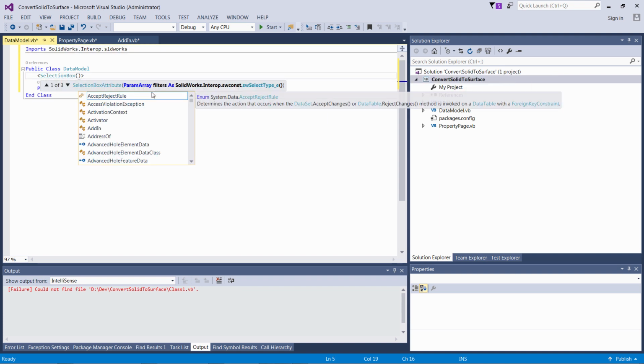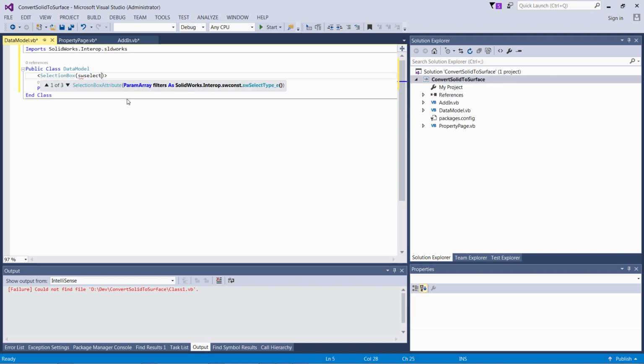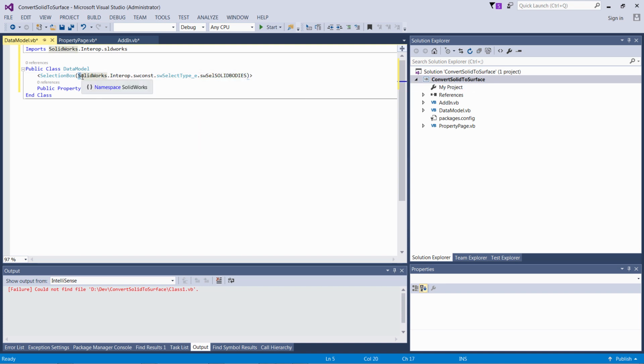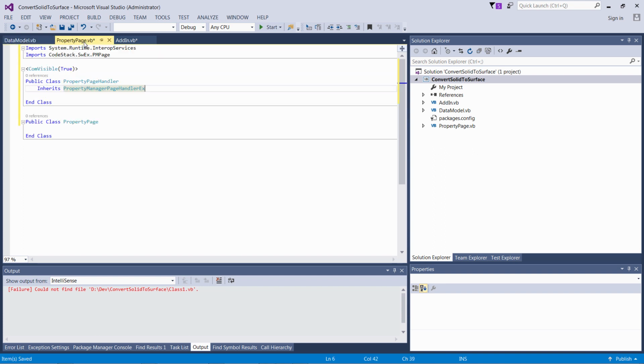I'm going to attribute that field as selection box, so it's going to be rendered appropriately in my property manager page when it gets created by the SwEx framework. I will set the selection filter to be select bodies, so only bodies could be selected from my property manager page selection box. Now I will create a pointer to my property manager page,